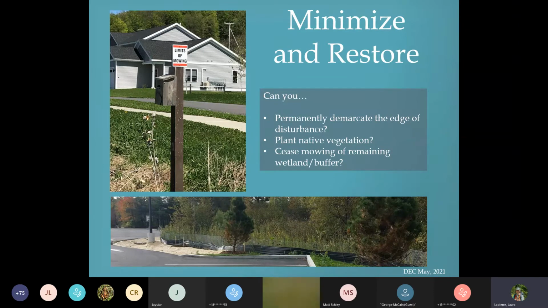Can you plant native vegetation within the buffer zone, or the area between the development and the wild wetland area? Can you cease mowing in some of the wetland areas that are remaining? This may also give you some stormwater credit as well, to allow these areas to become wooly and wild again.